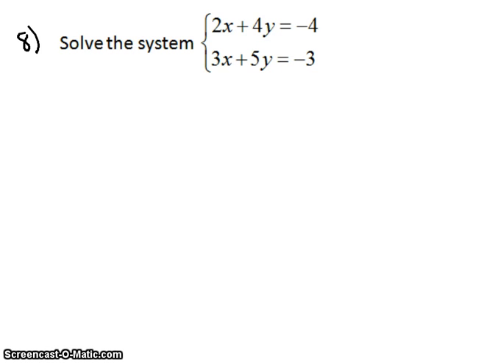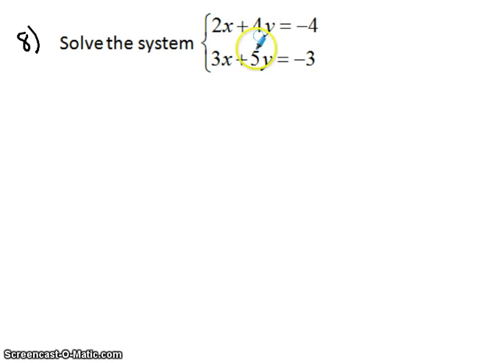In problem 8, we're asked to solve the system, and in looking at the equations, I noticed that 2x plus 4y is equal to negative 4 is in standard form, as well as 3x and 5y is equal to negative 3. The x's are lined up, the y's are lined up, and so are the known numbers. So it is set up for elimination,